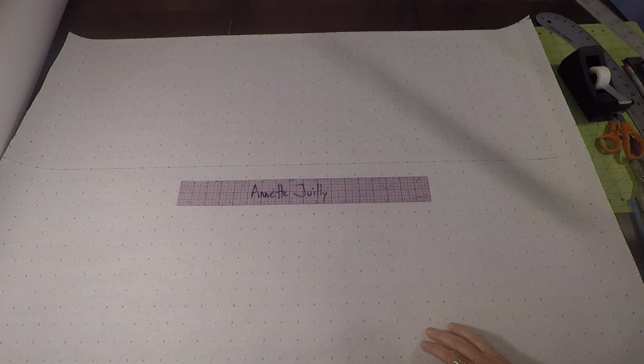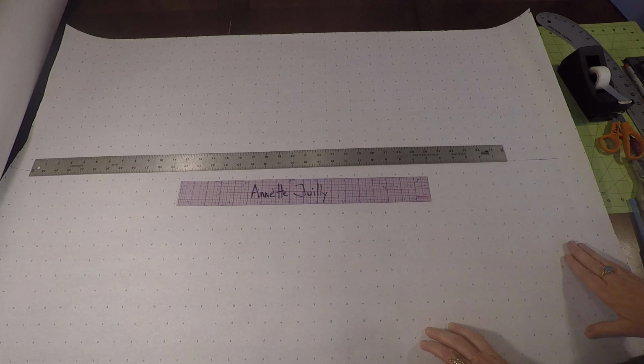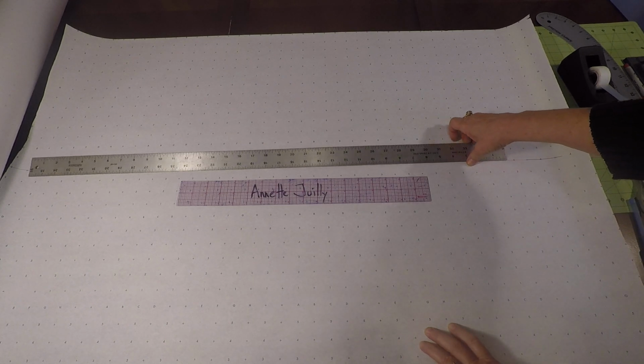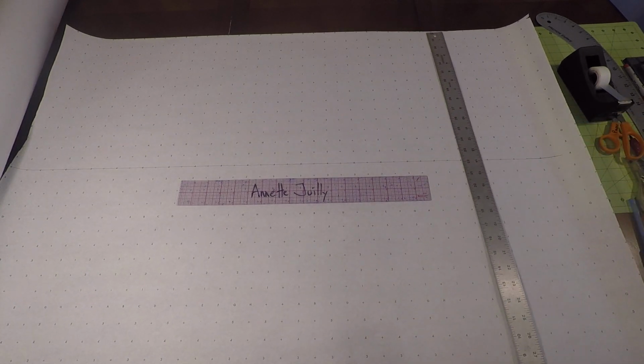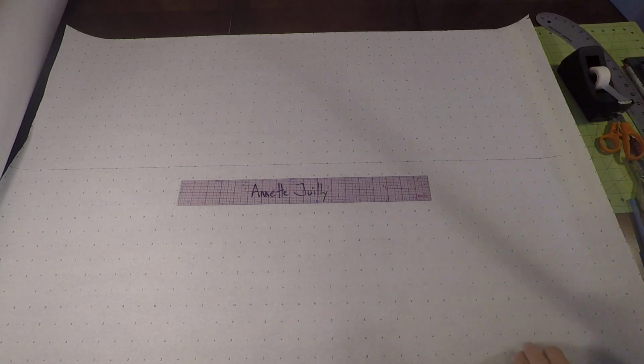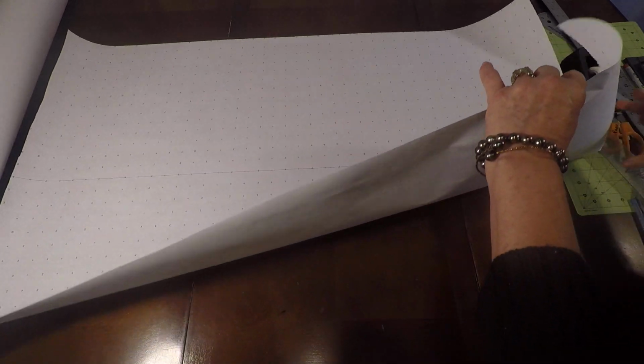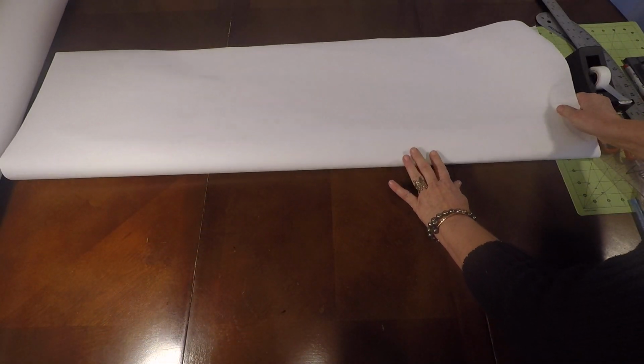I have a long piece of pattern making paper, and you should make this at least 40 inches long. And then on the width, I have about this at 28 inches wide. Find the middle of your paper, lightly crease it,